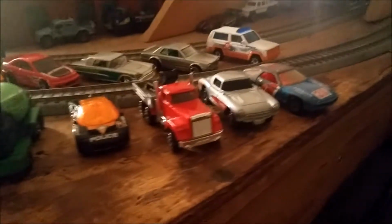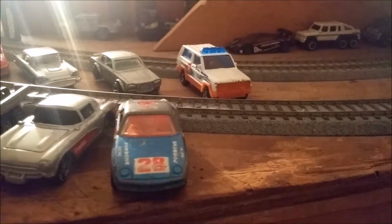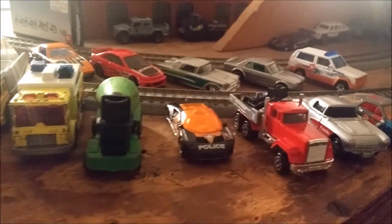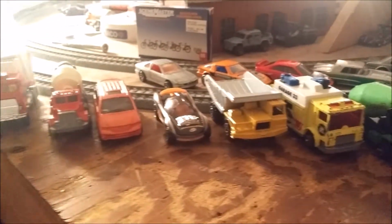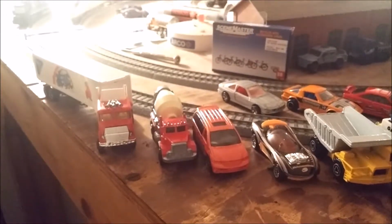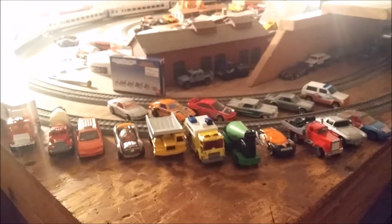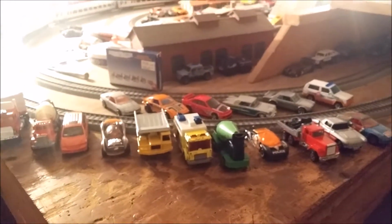But yeah, guys, not a bad haul from Nicholas Smith Trains if you think about it. Not a bad haul at all. If you're able to find any of these cars and trucks, I highly recommend getting your hands on them, because they're really cool. They have a lot of cool features, and they would add